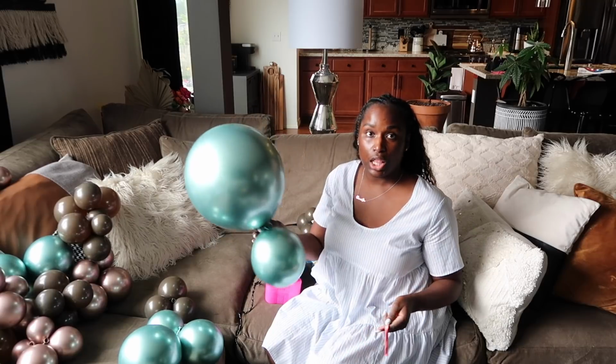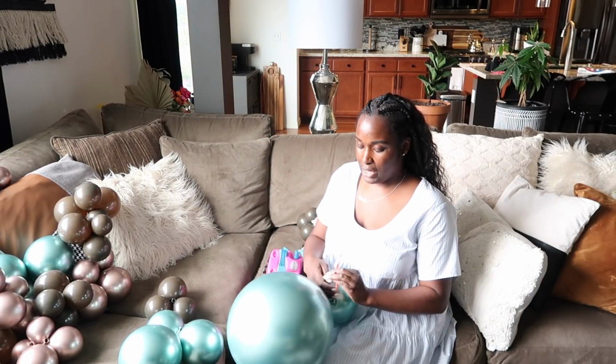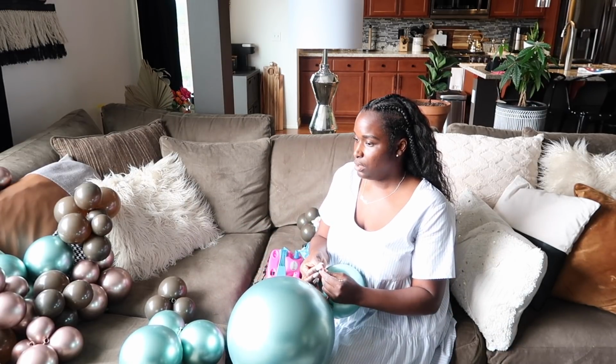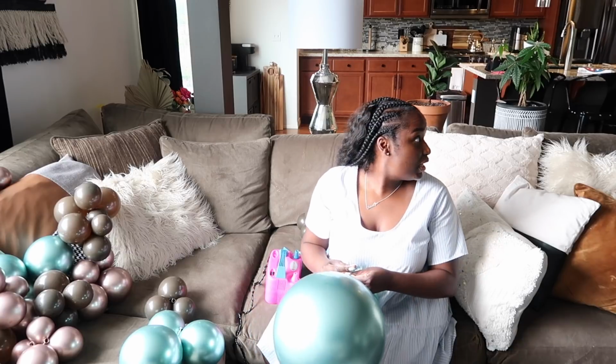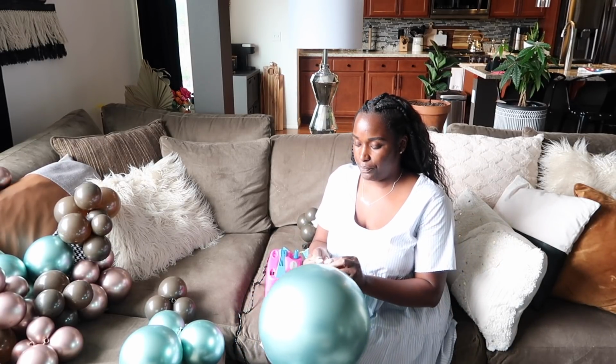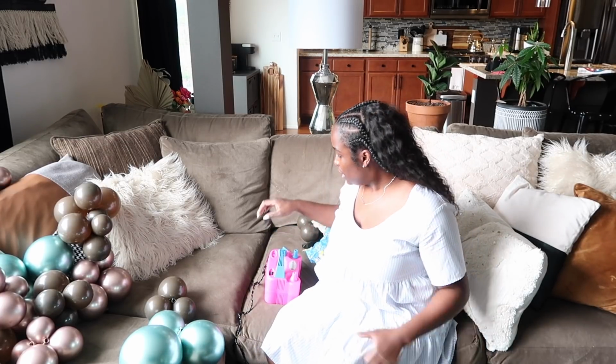So this is a large one, so I'm gonna put this on a 260 by itself. I tie a knot and then tie a loop on these when I do those. This is the only large one I have left. I think it'll be the only large one we're gonna need anyway. So I have the perfect spot for this one to go. And then these smaller ones,